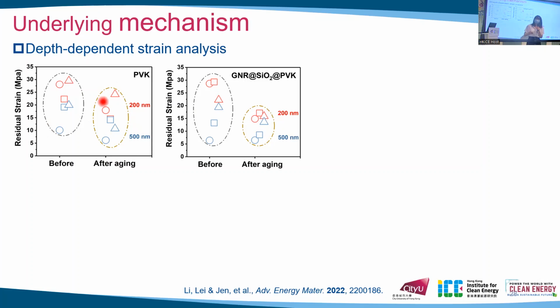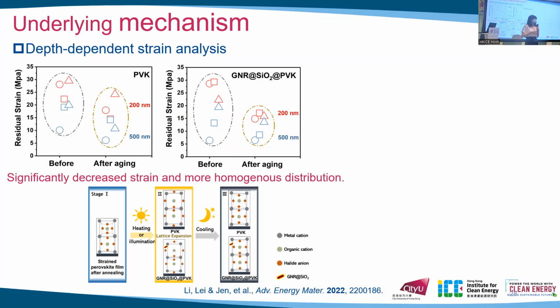For the plasmonic incorporated film, the strain of the upper part decreased significantly, and the overall strain distribution is more homogeneous compared to the reference film, which is consistent with our design: we drip the plasmonic through anti-solvent dripping, so the plasmonic is distributed vertically and gradually in the film. The upper part of the crystals will experience extra heat from the plasmonic, compensating the thermal expansion difference and slowing down the shrinkage from top to bottom. Consequently, the radiated heat from the plasmonic can help heal the strain in the film and stabilize